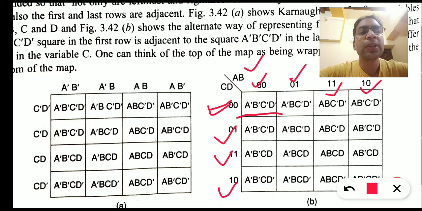In the second cell, this is A naught B C naught D naught, and so on. So this is how we can create the K-map. These are the labels of the K-map. You can see the labels of the K-map from this.